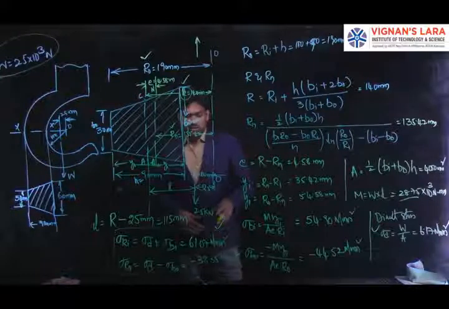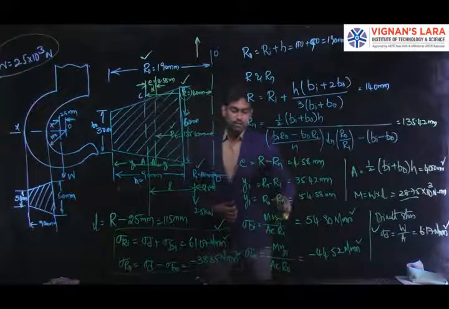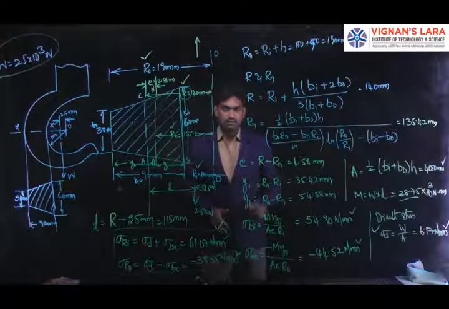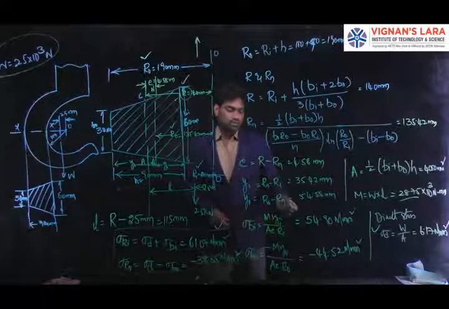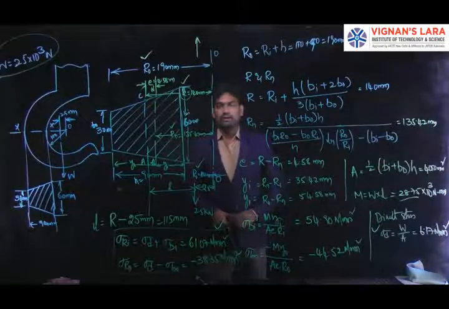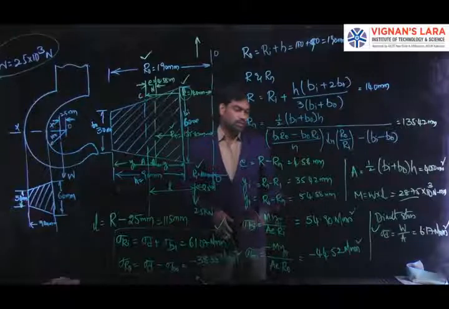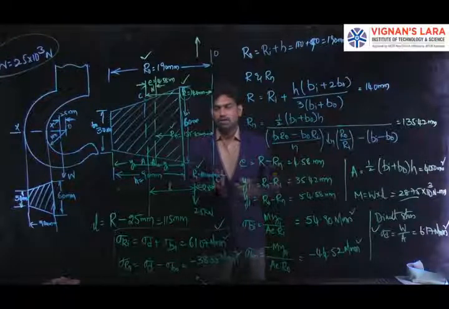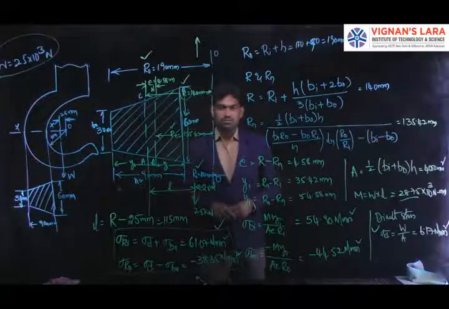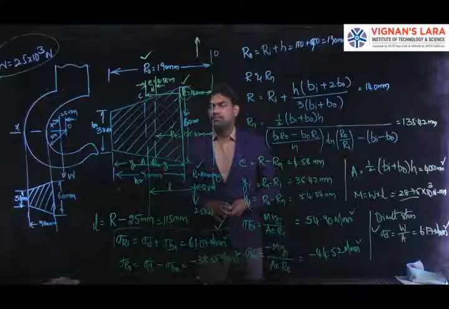And then by substituting all the values in the bending stress equation with respect to fibers, that is inner and outer fibers, I may get the stress values here. So it is subjected to direct stress also. So I am going to calculate direct stress as load by area. So the algebraic sum of both the direct and bending stress gives the resultant stress in the inner and outer fibers. Clear? So this is how we can find out the stresses.